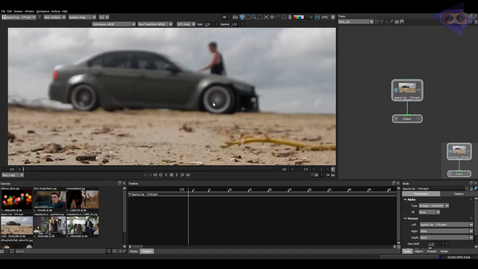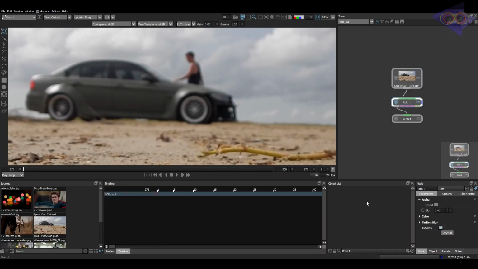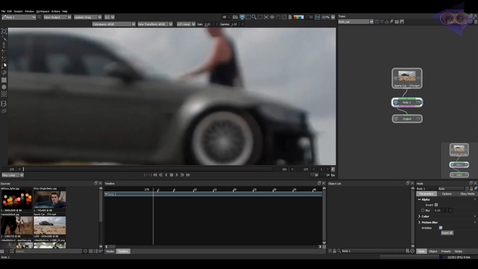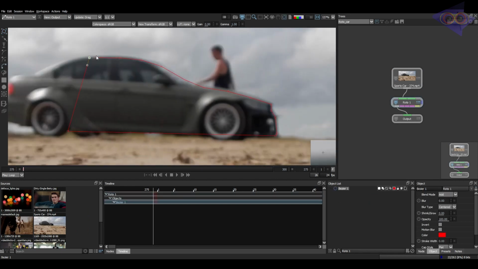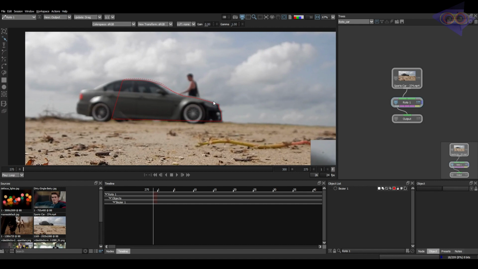Now if we are not able to match it in any way inside the silhouette, my best idea is to take a roto node and just draw a shape. So let's suppose this is my shape for this car. Now I will just adjust the feather according to the defocus. So this is yet another way of matching defocus using feather. These are all the techniques which I follow for matching defocus.